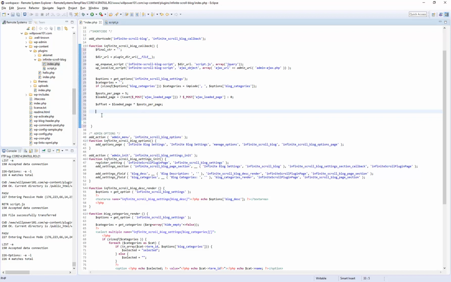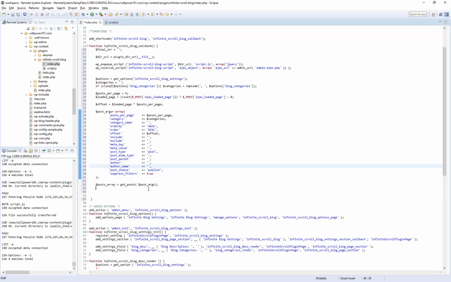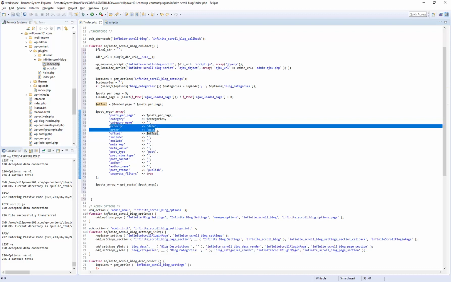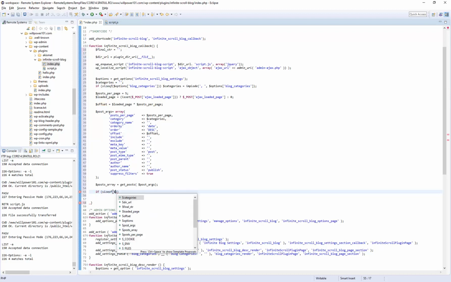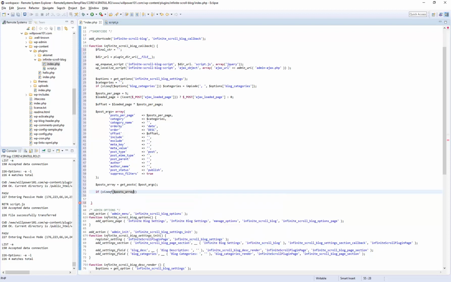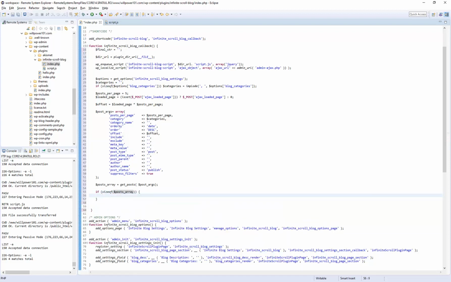And now we can get the posts with post arguments, and the arguments are going to be post per page, category, and offset for now. And we'll just use order by date descending. So, and now with these posts, we want to go through each of them and display. So if we have any posts, then for each post